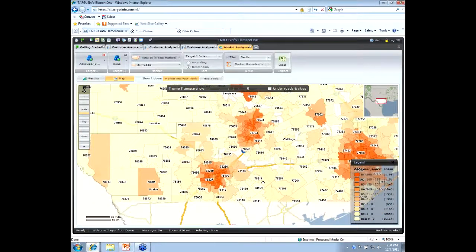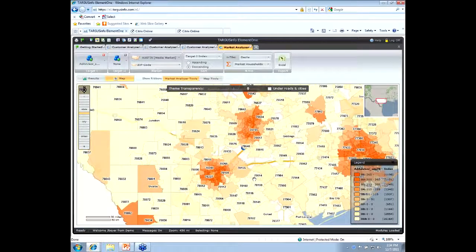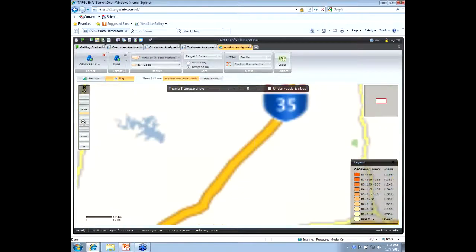And we can dive a little bit deeper here for this geography and see that our segment is living kind of outside the city. The dark orange here represents the areas or parts of the city that are showing higher concentrations of the segment which we're targeting. So if I zoom in a little bit more here,